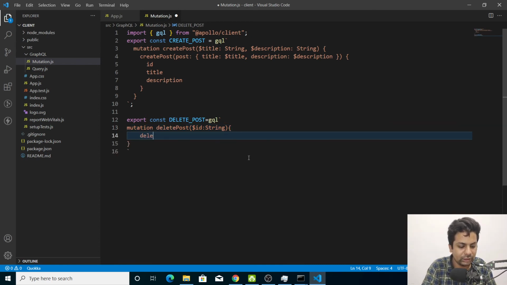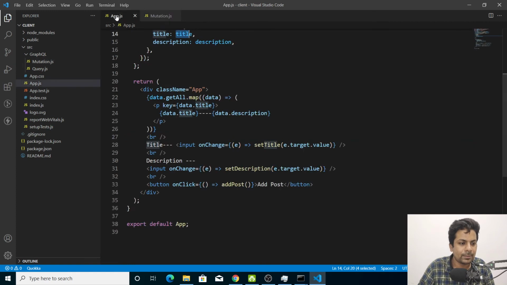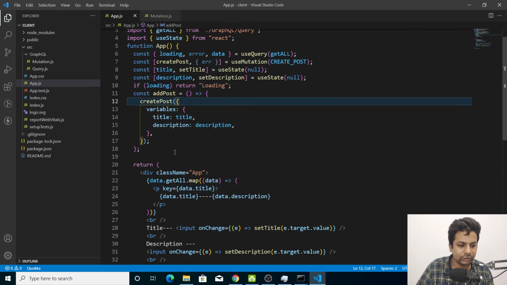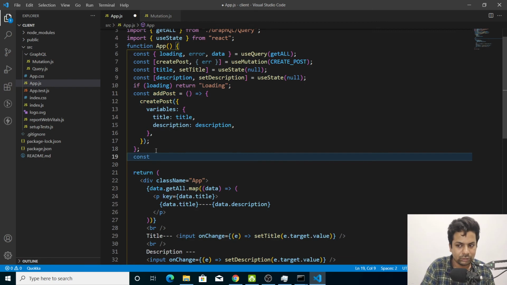Then we'll say deletePost id $id. Okay, so let me just save it. Now here we'll just add a button. Instead of data or title, we'll just make a function called const removePost.